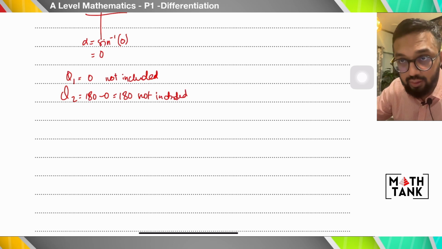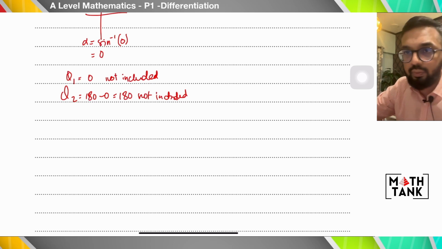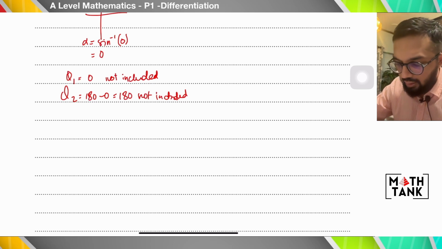Remember that giving me extra answers will lead to a deduction in mark. Let me see if that is the case in the marking scheme. Yeah, let's quickly check. It says ignore answers outside 0 and 180. Yeah, okay. There might be a deduction of 1 mark if you give me extra answers. So